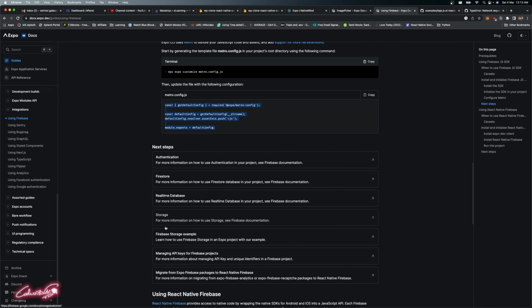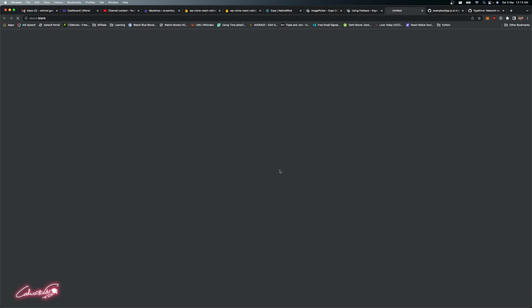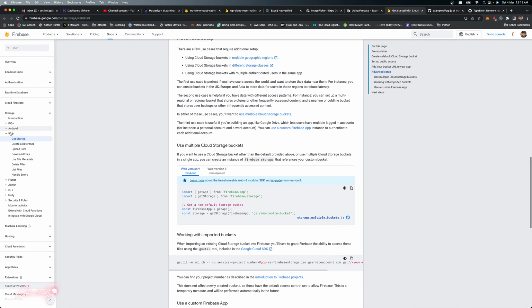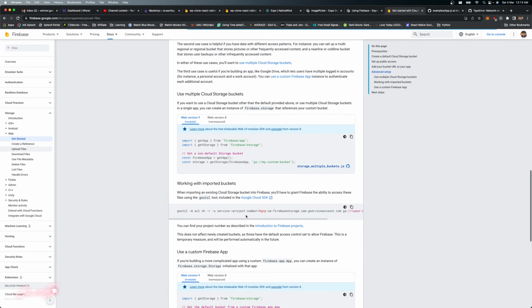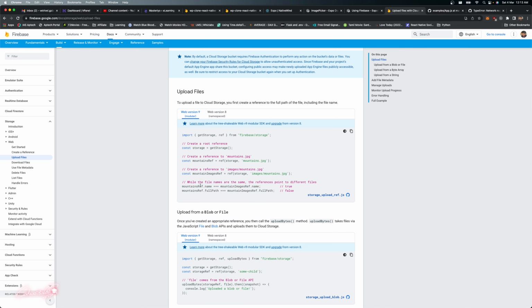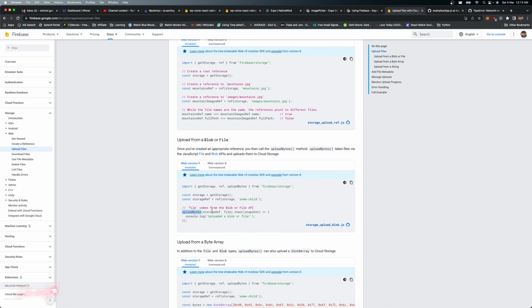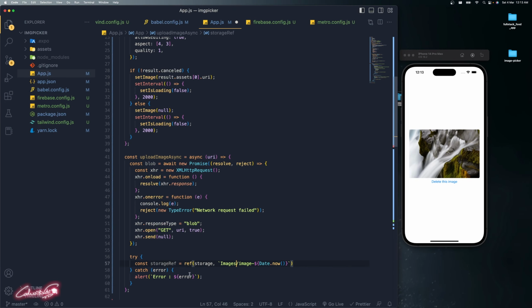If you go here and open the Firebase documentation, you can see the way to upload. If you click upload files, you can see they are using the upload bytes method, where you need to supply your storage reference along with the file. In this case we are going to use the blob data, so that's the function we're going to use. So I'm going to say const